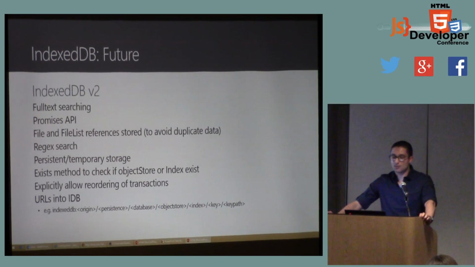So a few things that have been brought up, not necessarily committed to the W3C yet, but just some things that we're thinking about. Full text searching, or providing primitives that would allow us to provide scenarios where we could provide full text searching. Also integrating the Promises API, which is getting pretty mainstream within the web right now. So if that's something that people are interested in, then IndexedDB should also be using the Promises API. Being able to store the file and file list as references inside of an object store